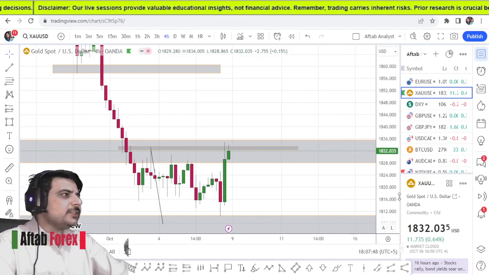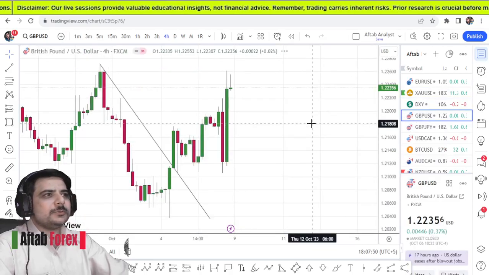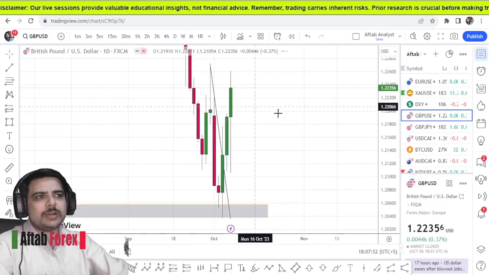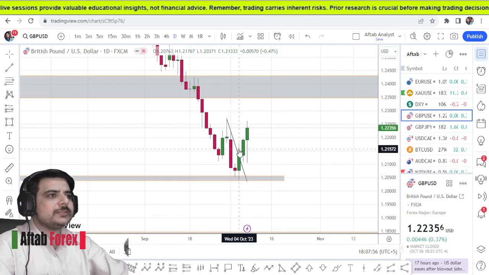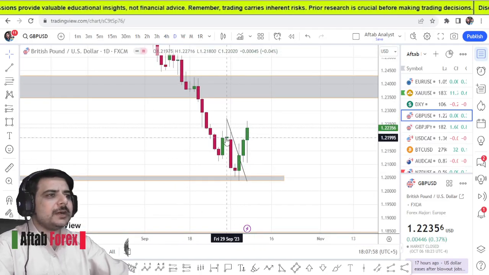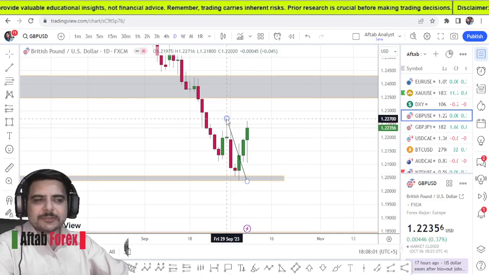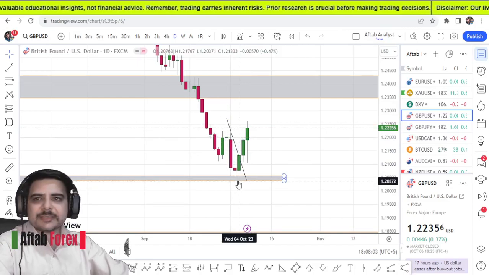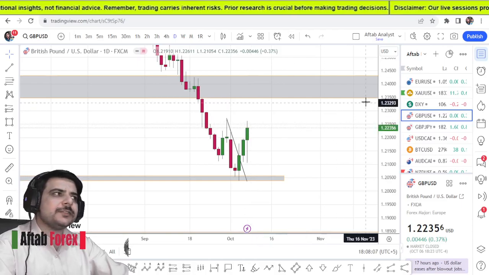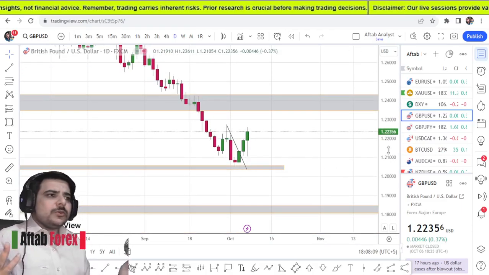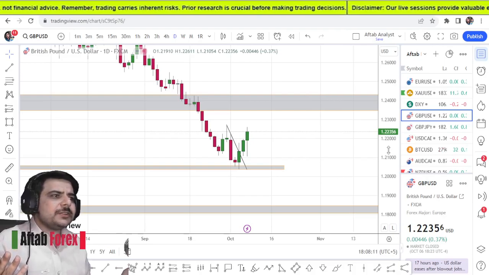Moving on to the pound dollar, what I said last week, though I was for a sell, I was neutral. I had 1 2 3 4 and 5. Market was right here exactly. It took a bounce, it completed this ABCD pattern and it went back up. What is so hard in this? Those traders then message me, we are losing money.